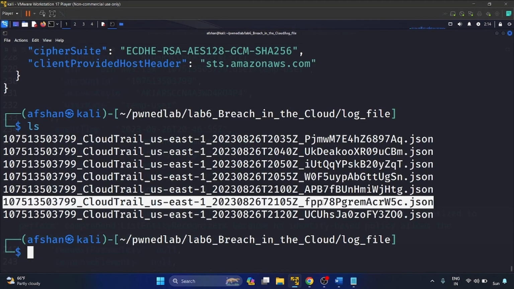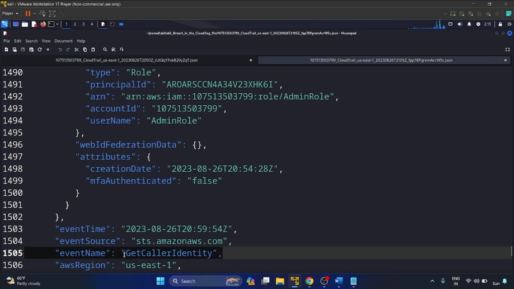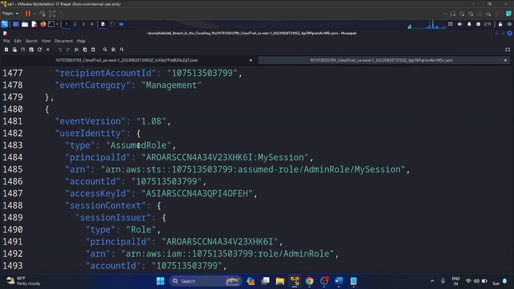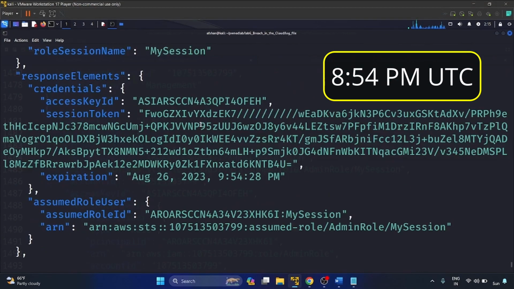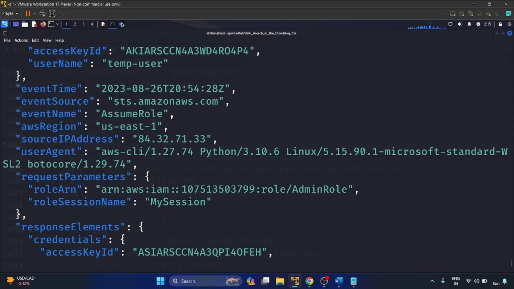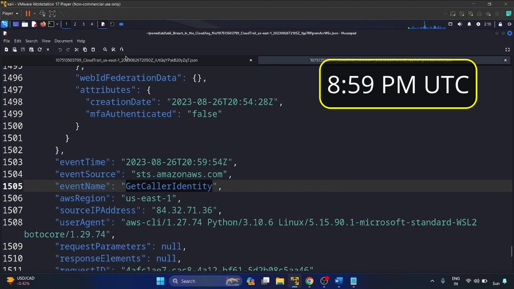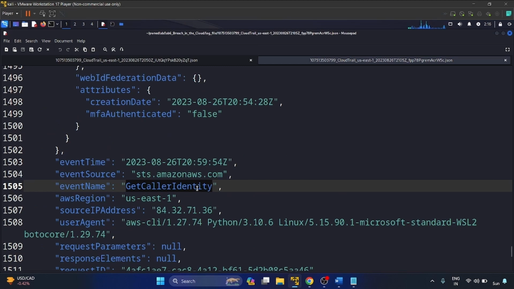Now let's see our file number 6, this one. So let me open it in a notepad. And here you can see this event, that is GetCallerIdentity. And at this time, the user identity type is changed to assumed role, because he has actually assumed the role at what time? I forget. So he actually assumed the role at 8:54 p.m. and he ran this command at 8:59, and 8:54. Okay, so it is clear that this temp user is checking the new setup,